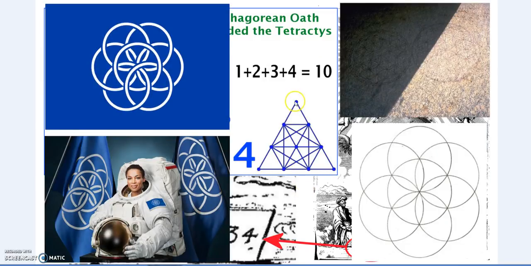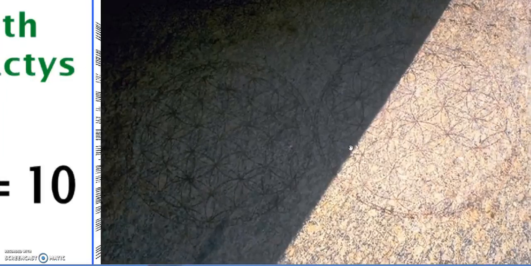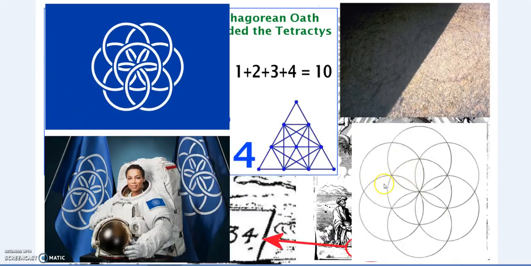Now, recently this was adopted as the flag of the Earth by NASA, and it's a little bit stylized there, but what we have there is the seed of life. It's a very simple design, and we also see it amongst many other places, in the Osireion in Egypt as well, carved there on the stone. Now, this geometry is very beautiful, lovely geometry, and it also leads us to the tetrad, or the tetractys,